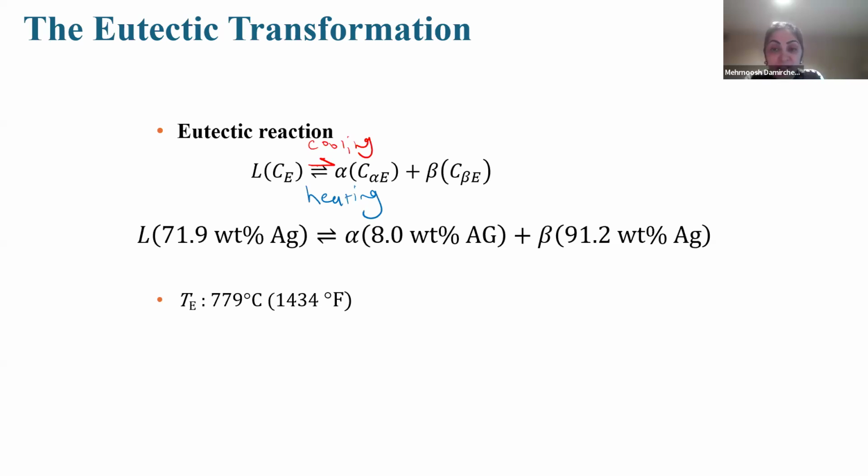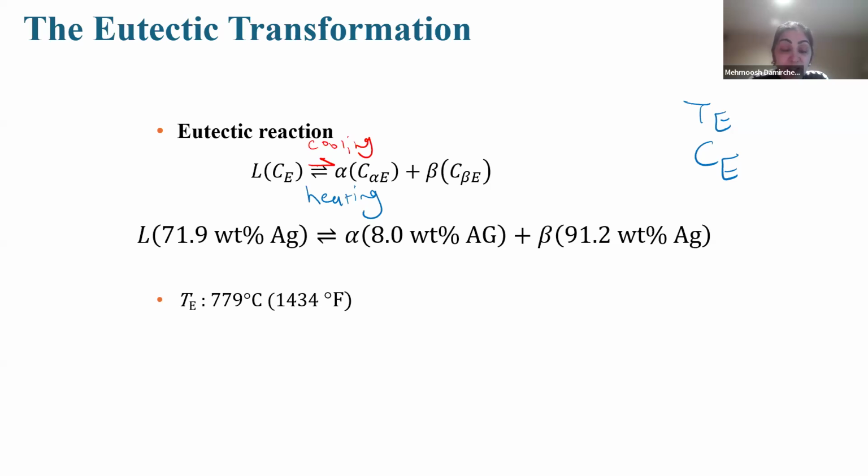So at this point, the system is invariant, meaning the temperature and composition are fixed, means TE fixed, CE fixed. TE is the temperature of eutectic, and CE the composition at eutectic. This transformation also leads to distinct macrostructures where both solid phases coexist, means we have alpha, beta simultaneously, forming the basis for many practical applications due to its unique mechanical and thermal characteristics.